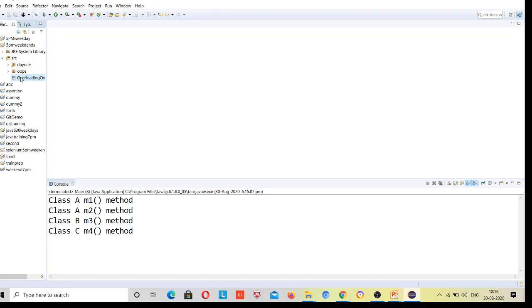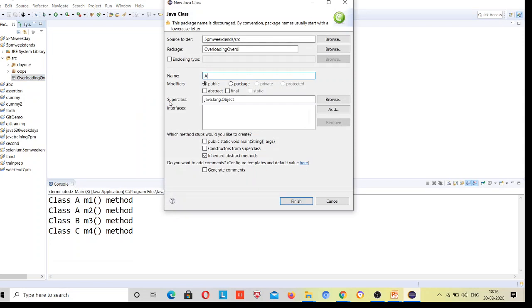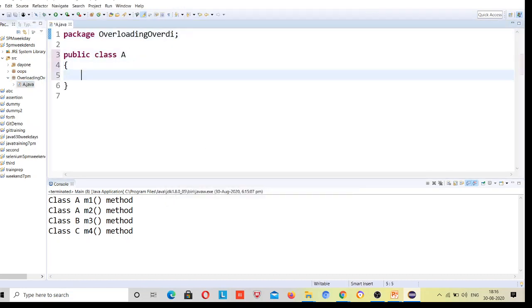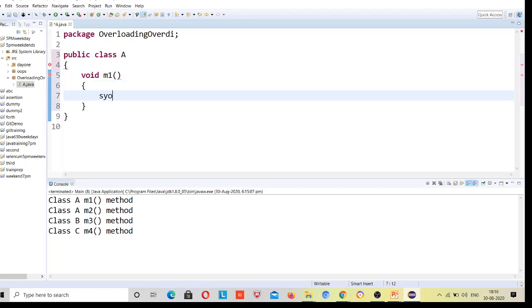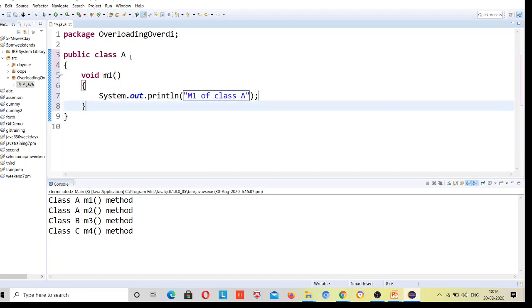In the same way I will give an example. Class A, right? I am coming to overriding first, then I will come to overloading. This class has M1 method, M1 of class A. This has another method M2.